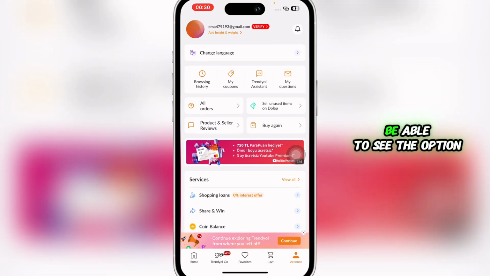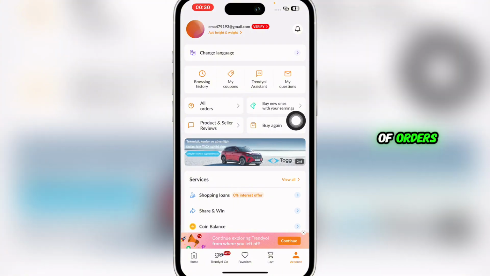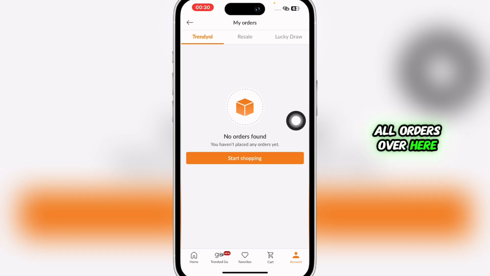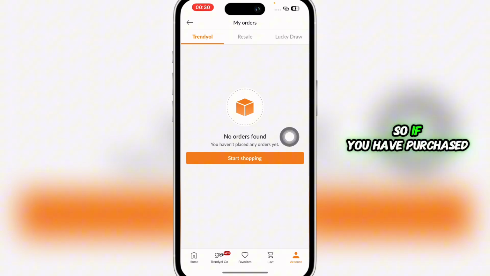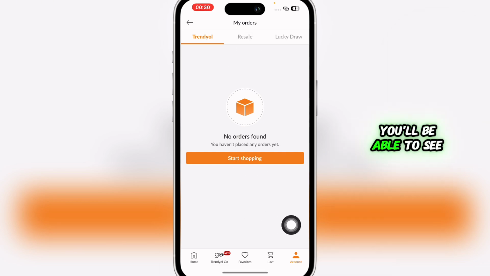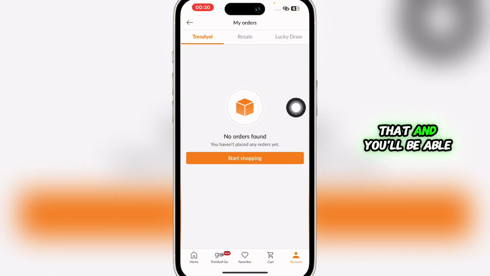Once you do so, you'll be able to see the option of orders. So you're going to click on all orders over here. And then you'll be redirected to an interface like this. So if you have purchased items, you'll be able to see them listed over here. So if you wish to return a specific item, you're going to simply click on that and you'll be able to see 3 dots. So you're going to click on that and then you'll be able to see the option